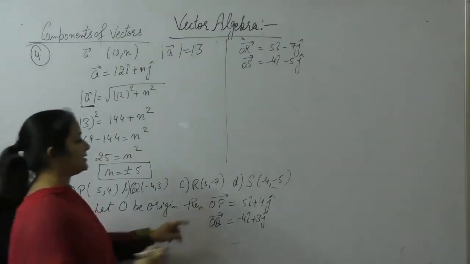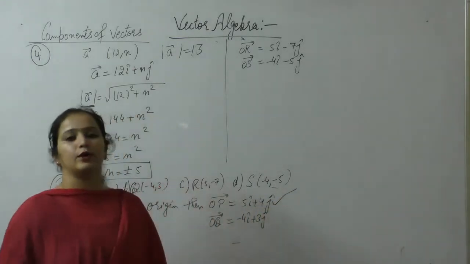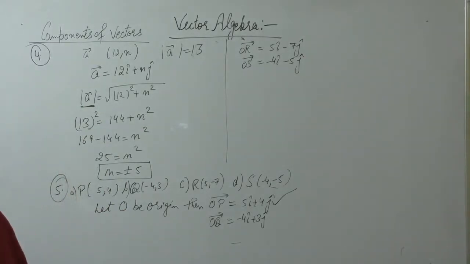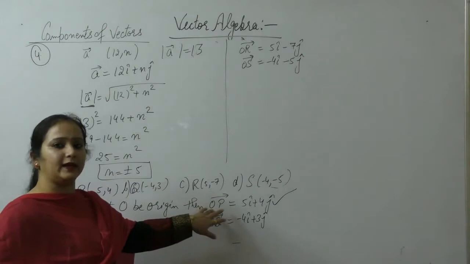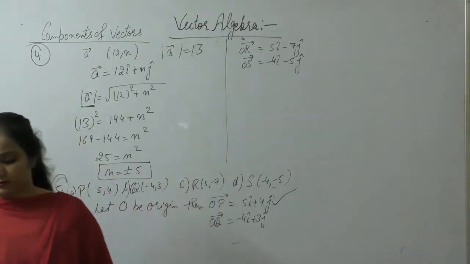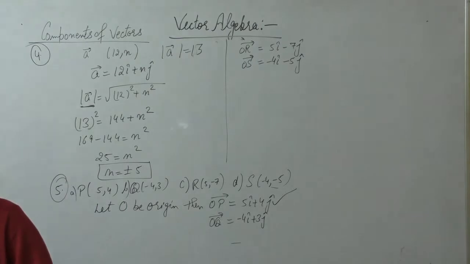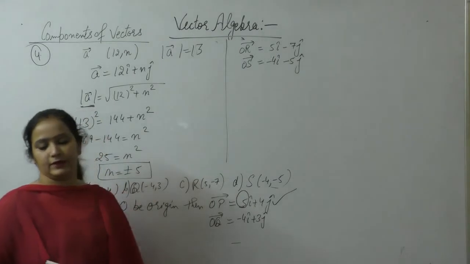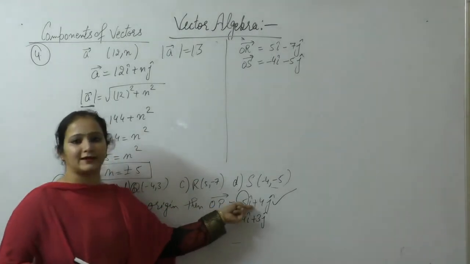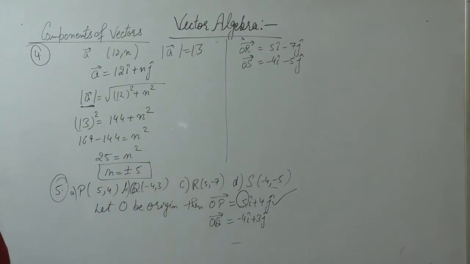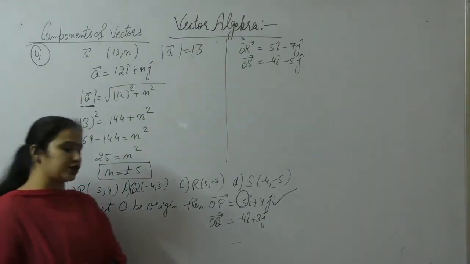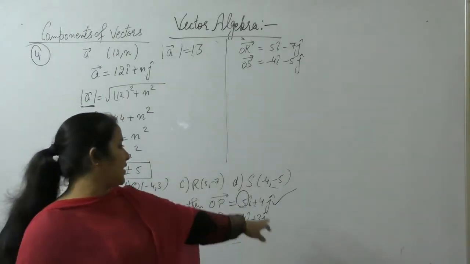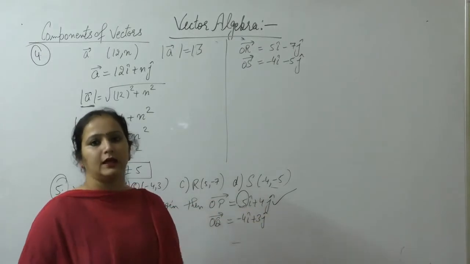So, the component of position vector P, the component of vector OP along the x-axis is a vector of magnitude 5. What is the value of the vector along the x-axis? Vector of magnitude 5 having its direction along the positive direction of the x-axis, and